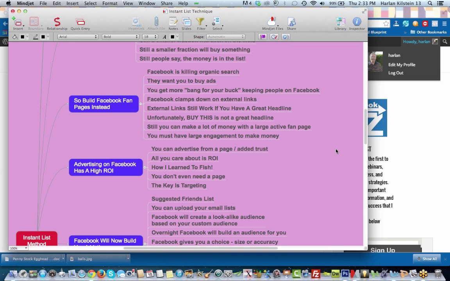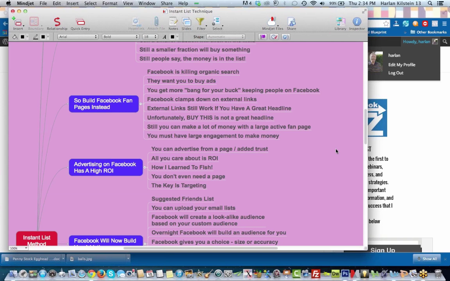Now, one of the nice things about Facebook, especially since they've told us that fan page organic search is down, is that you don't even need a page to advertise. You can do something called a dark post, and you can get even pretty cold list people to buy something. The problem is you need a really expensive product to get a good ROI. You could spend $1,000 in Facebook ads and get 20, 30, 40,000 or more back. It's just a matter of making sure you have great ROI.